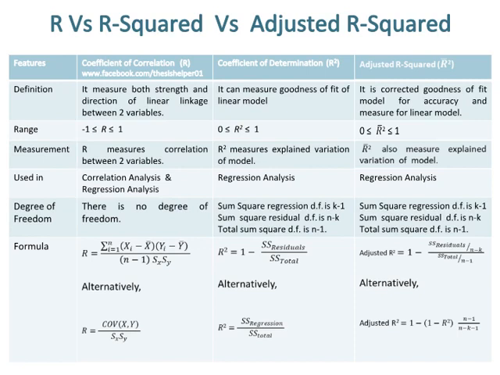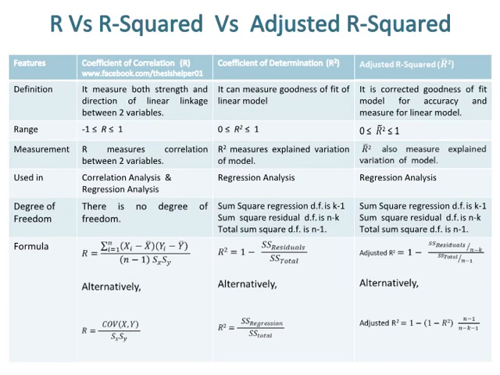and adjusted R squared are the same, which is between 0 and 1, which means that both measures can't be negative. R measures correlation between two variables, while R squared and adjusted R squared both measure explained variation of the model. The coefficient of correlation is used in correlation analysis and regression analysis, while R squared and adjusted R squared both